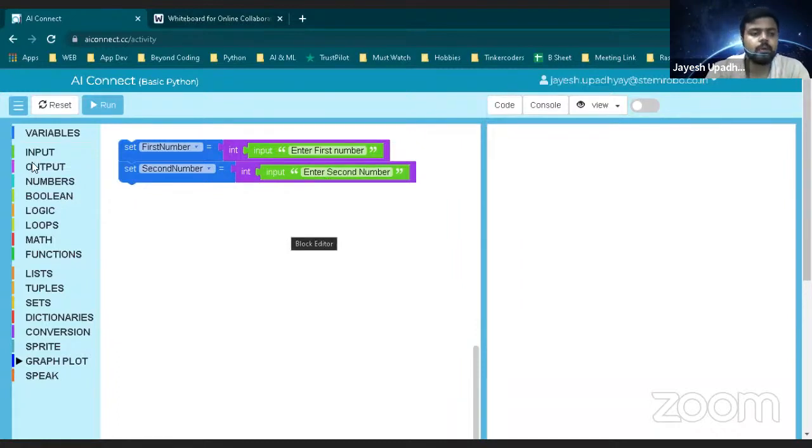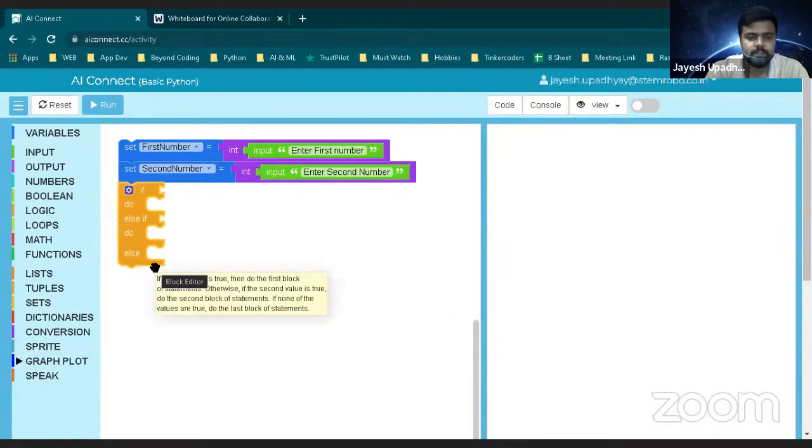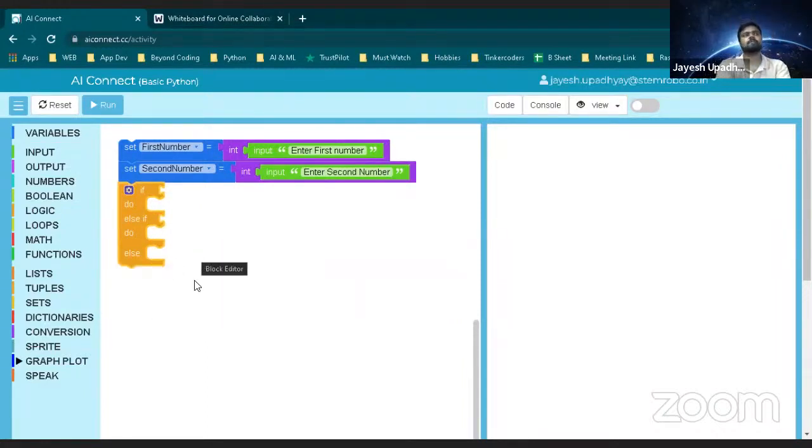Okay, now I will go to the logic and click on this one, add the elif. Basically, I want to create a nested condition, nested if and else condition. Whenever I say nested, you can think like this: inside one loop, I'm adding one more loop; inside that if condition, I'm adding one more if condition. Like that, to create a nest kind of thing. With this way, you can add multiple conditions. So let's just do it.